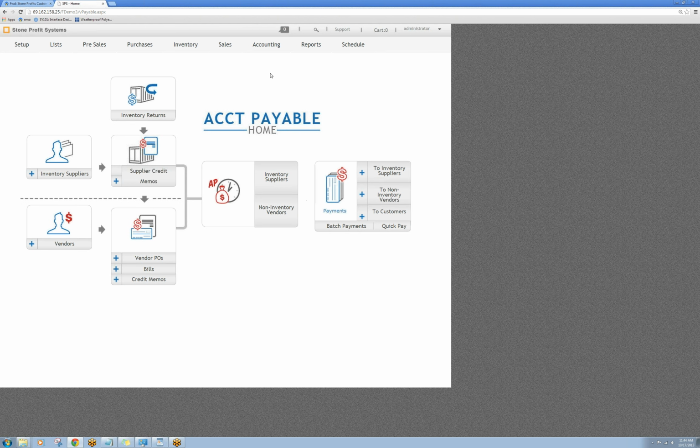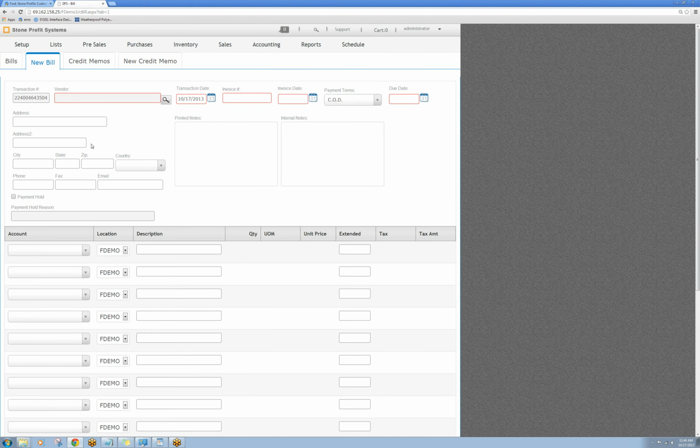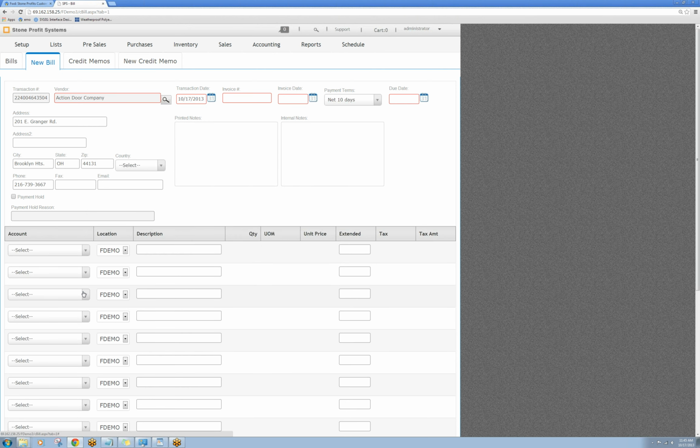Let's go back to accounting and payables. And we're going to deal with our vendors now. So because we don't have any invoices entered in, you're going to come here and click on the plus sign to add a new vendor bill. This is my new bill entry page. So the first thing I need to do is find my vendor, search for them here, fill in the mandatory fields,